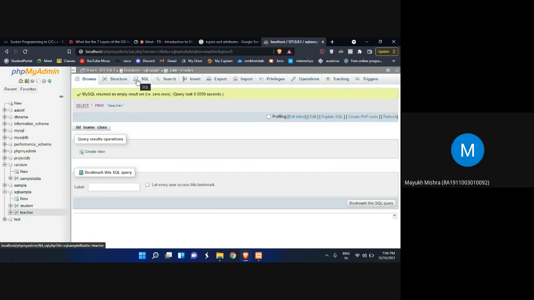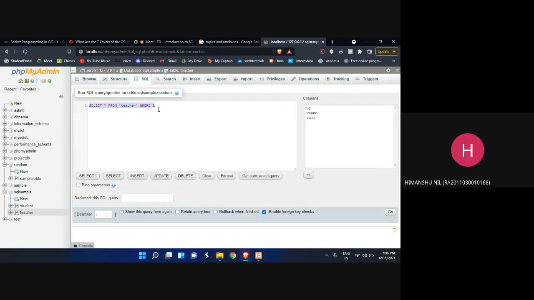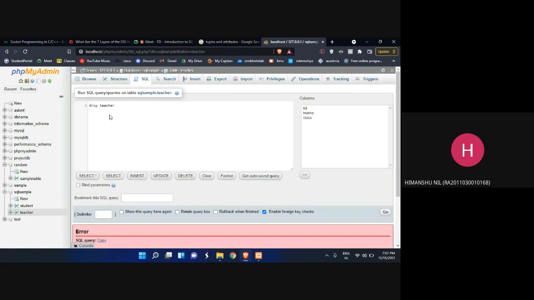No. Just delete the table directly. Just drop the table. We can create the table again and it will be easy this way. Let's see the drop command as well. Whenever you want to, just drop the table, and then remember the column names. Just drop and the name of the table you want to drop. Drop table